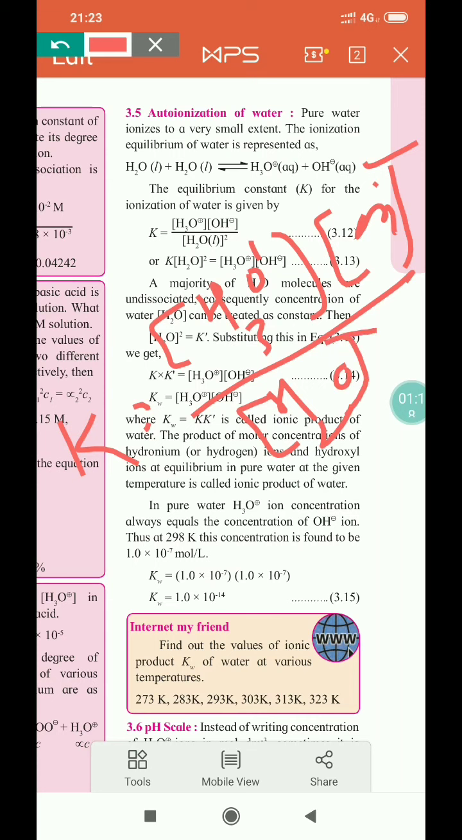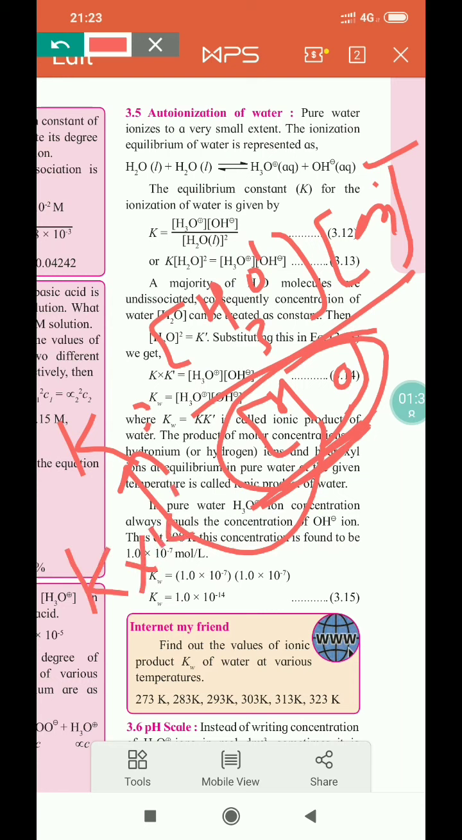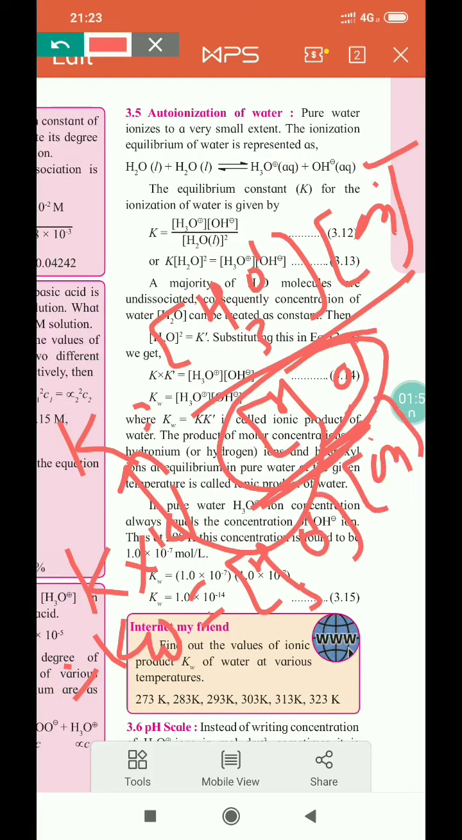Now here the water molecule is taken in excess, so this is transferred here, and the concentration of water, as it is taken in excess, is considered to be constant, and therefore K into K dash, meaning concentration of water, is equal to Kw. Now Kw is equal to concentration of hydronium ion into concentration of OH negative, and this is called the ionic